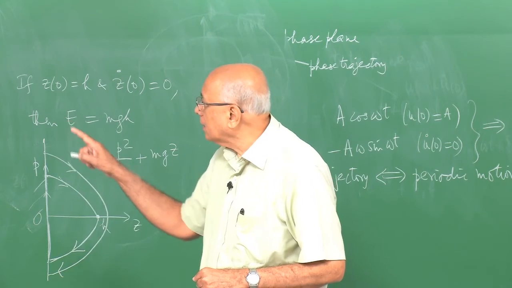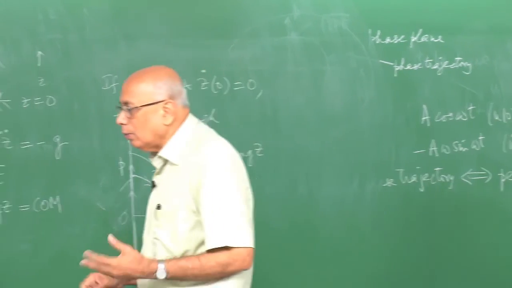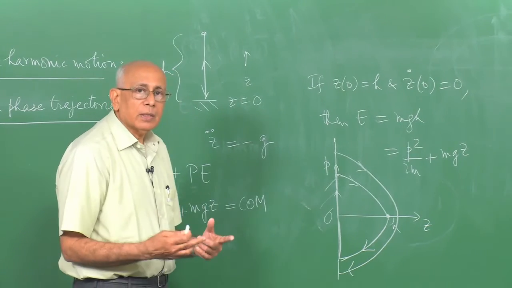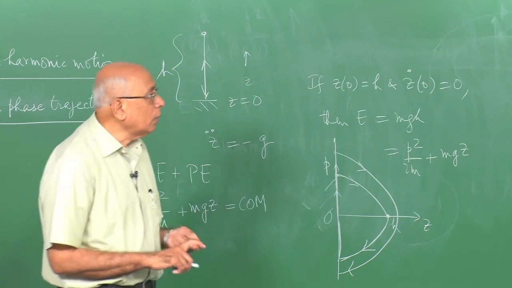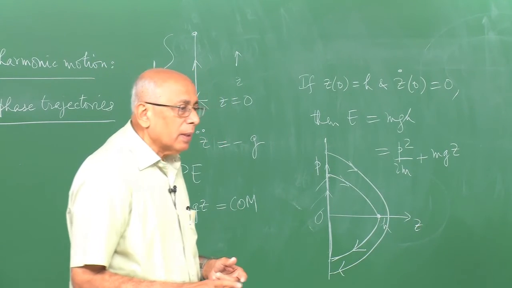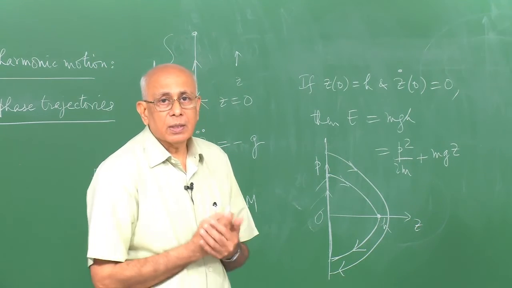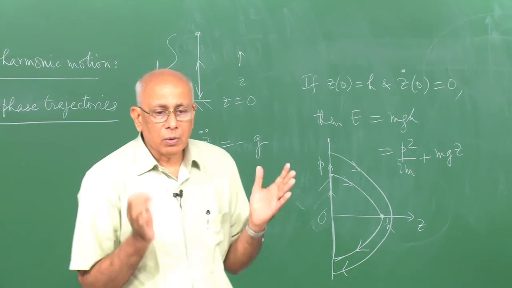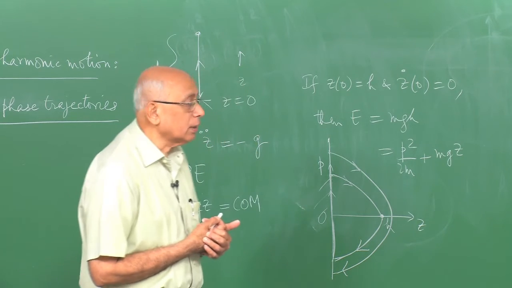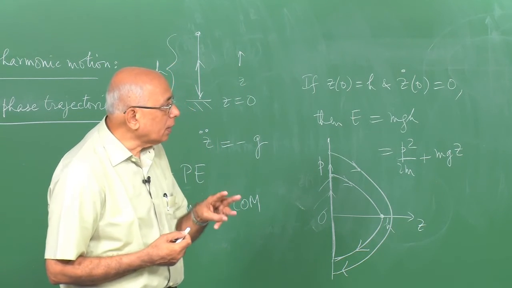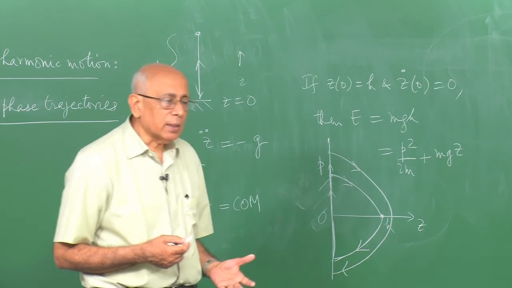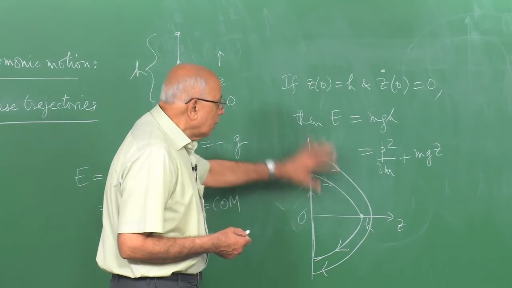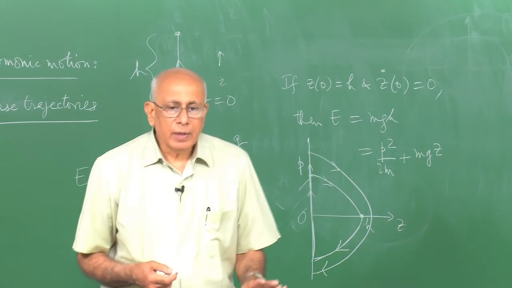I said phase plane because in this problem there is only one degree of freedom, u or z or x, and there is a corresponding velocity. So the phase space variables have just two in number, the variable and its time derivative. But if I looked at motion, for instance, of a planet around the sun, then you have three coordinates in whatever coordinate system you choose to describe it in, Cartesian or spherical polars, it does not matter. You have three coordinates, and you correspondingly have 3 generalized momenta or velocities, and the phase space would then be 6 dimensional. If the particle moves on a plane, the xy plane, the corresponding phase space is 4 dimensional,